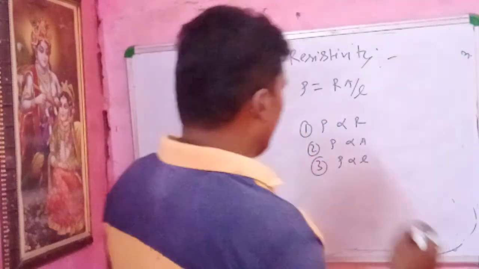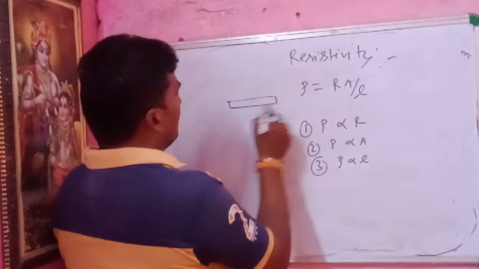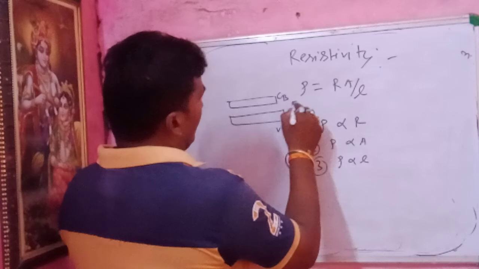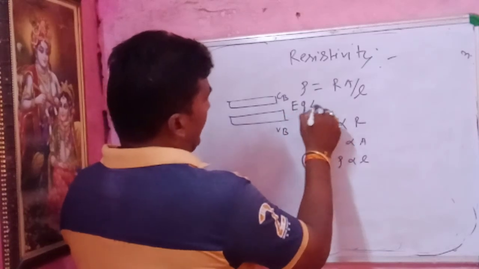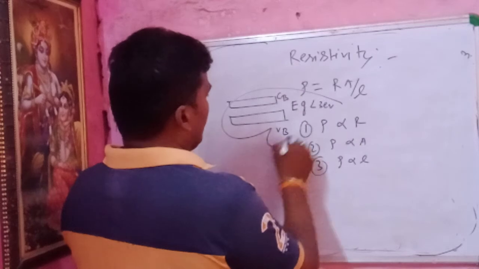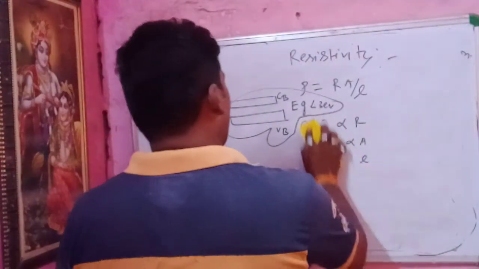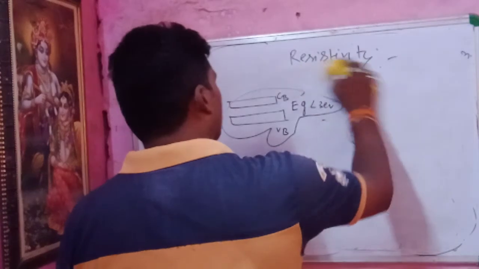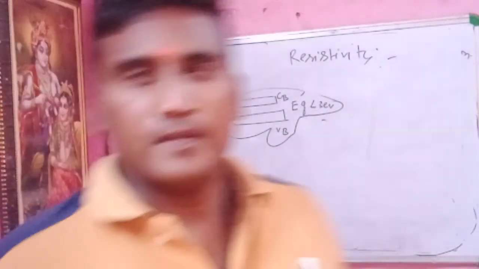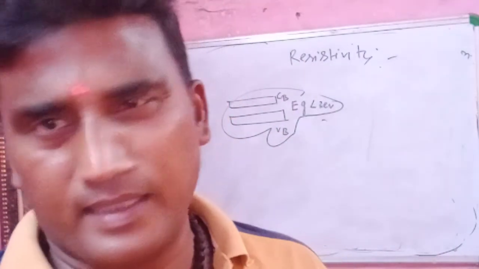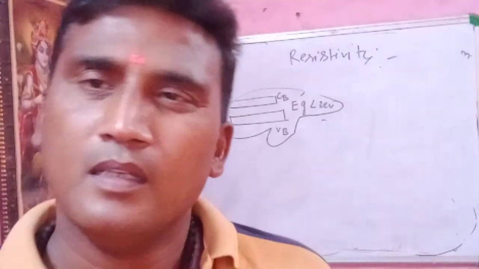But in the case of a semiconductor, we know that the semiconductor has a valence band and a conduction band. When the energy gap is less than 3 electron volts, the substance behaves as a semiconductor. What is a semiconductor? A substance behaves as a semiconductor when the energy gap between the valence band and the conduction band is less than 3 electron volts. What is the valence band?